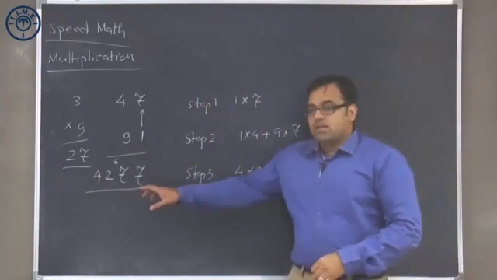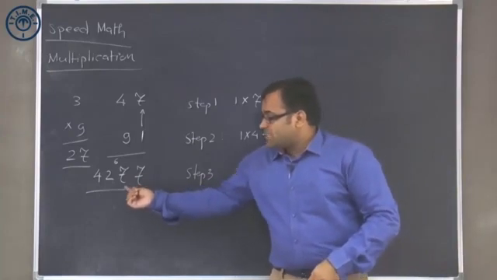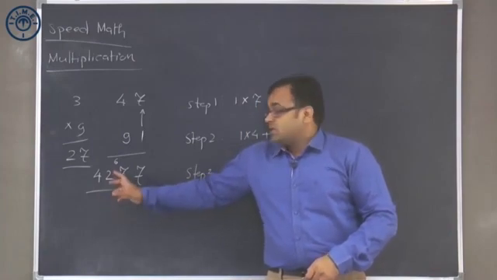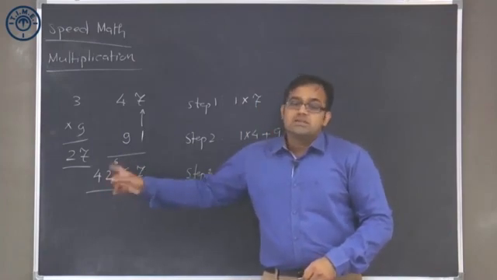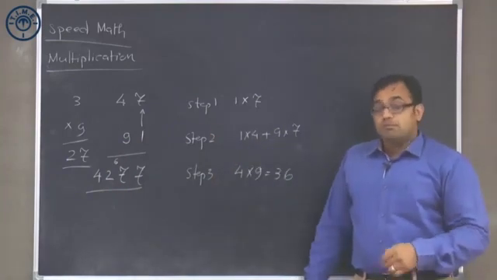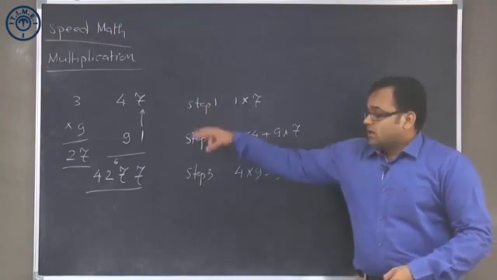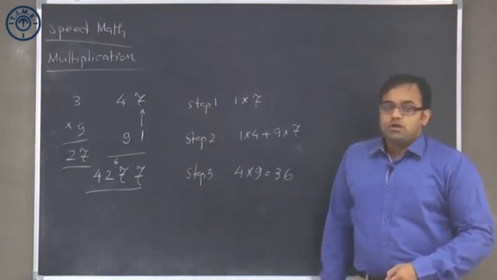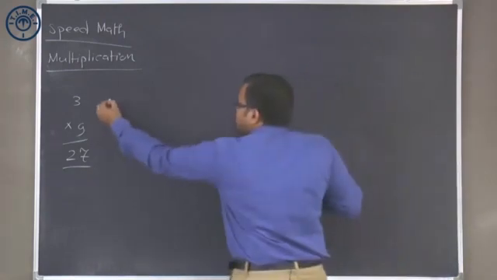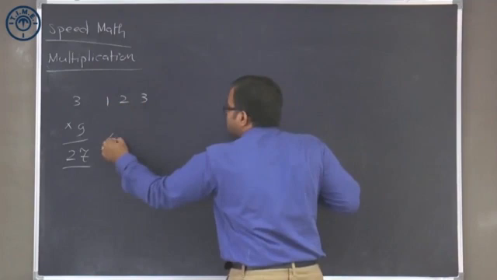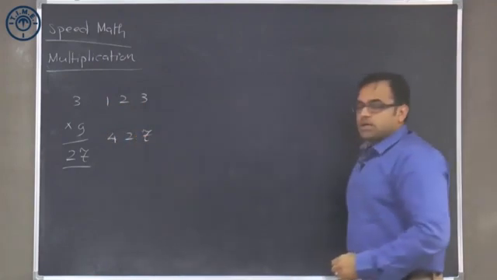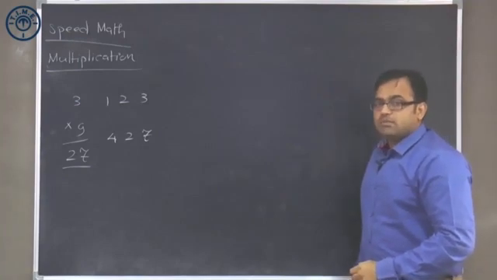So as you can observe here, we are able to determine the answer digit by digit, and by doing calculation like this, the answer choices can be immensely simplified. Also overall calculation time would be much lower as compared to the traditional method that we follow for multiplication. So this was 2 digits. Let's say I have to multiply 123 with 427. So 123 and 427 have to be multiplied.